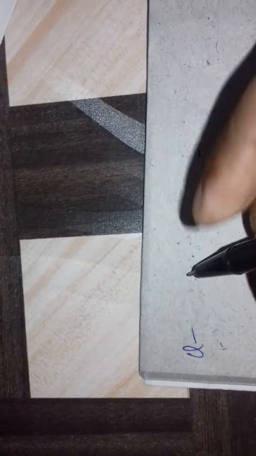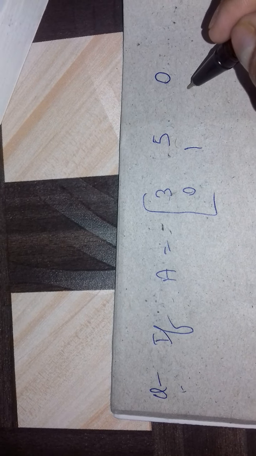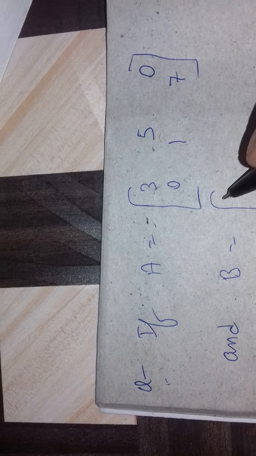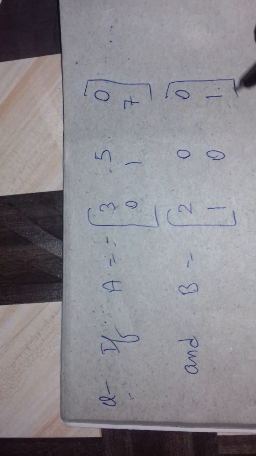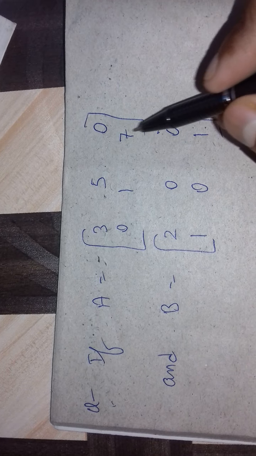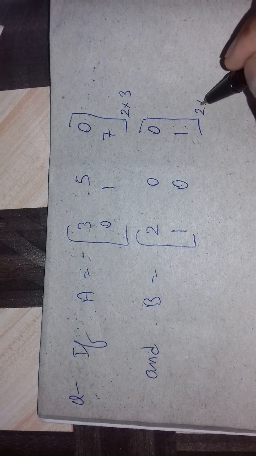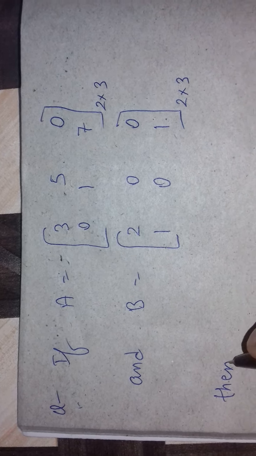More examples we can see. If A is equal to 3, 5, 0, 0, 1, 7 and B matrix is your 2, 0, 0, 1, 0, 1. So these two matrices have the same order. A has the order of 2 by 3 and B also has order of 2 by 3. So A plus B will be